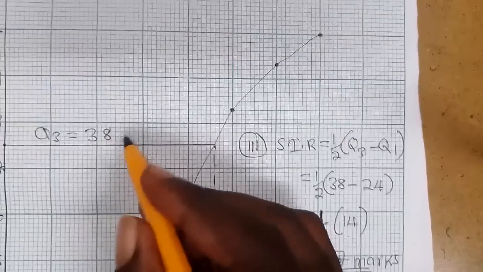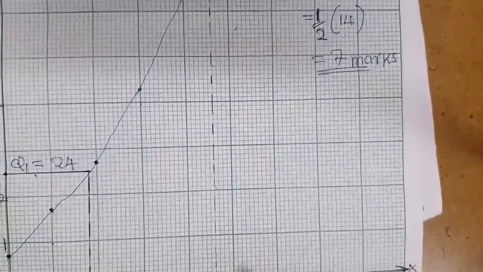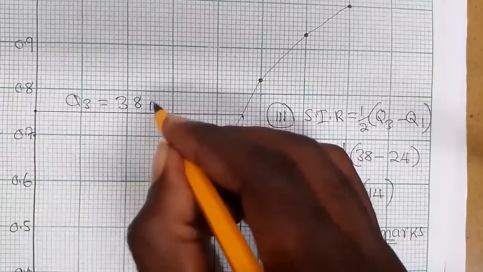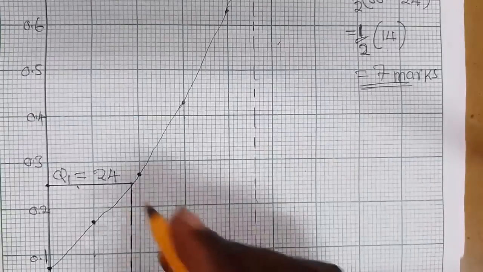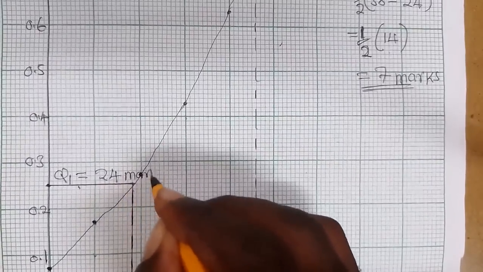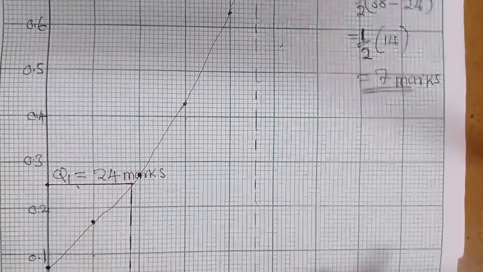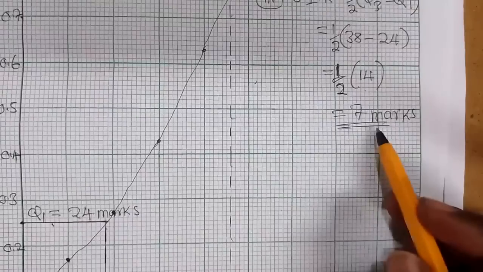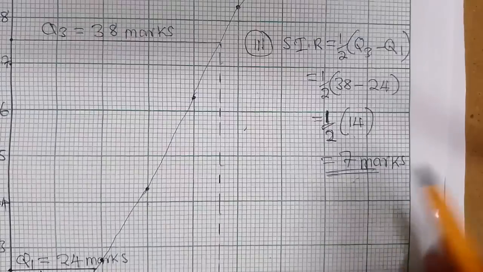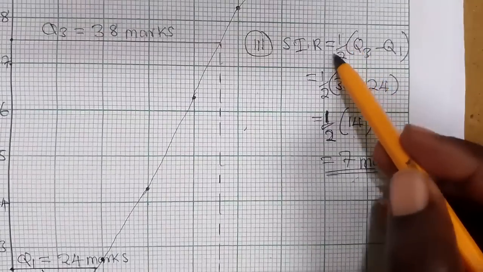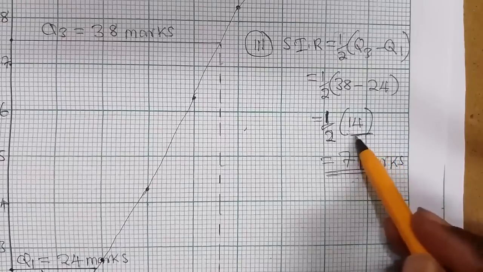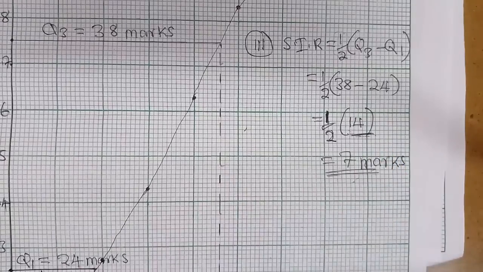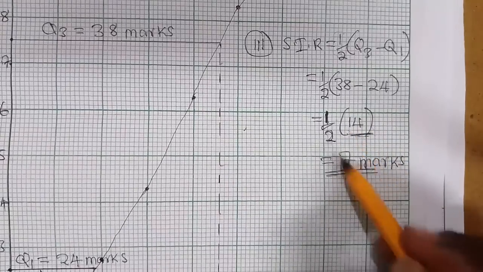So even here, on the x-axis, I told you we add marks. So you can put marks, like this. Even there, just to make sure that your graph is neat, you put marks. So this is your answer. Then you know how to find the interquartile range: you just remove the half here. So the interquartile range here is 14. But the question was to find the semi interquartile range, so we multiply by half. That's why we got